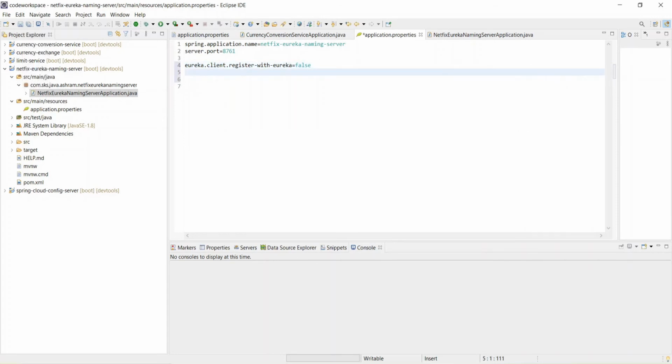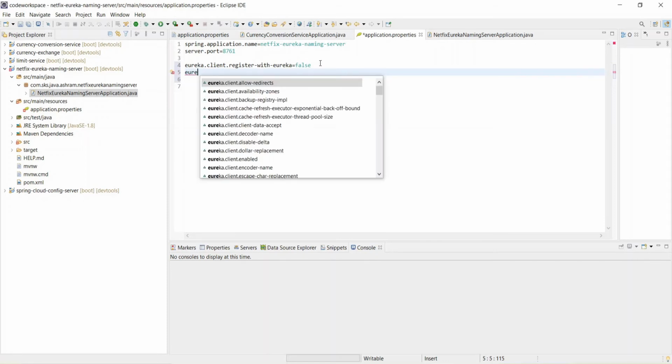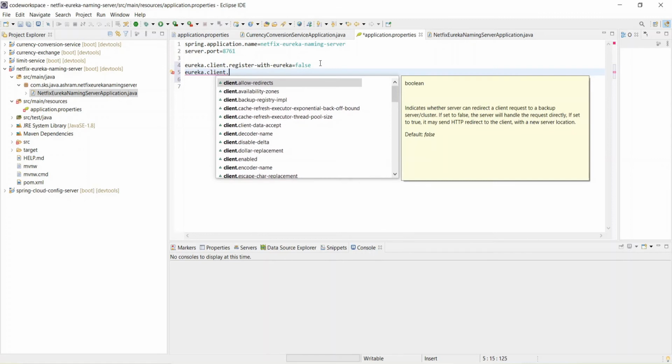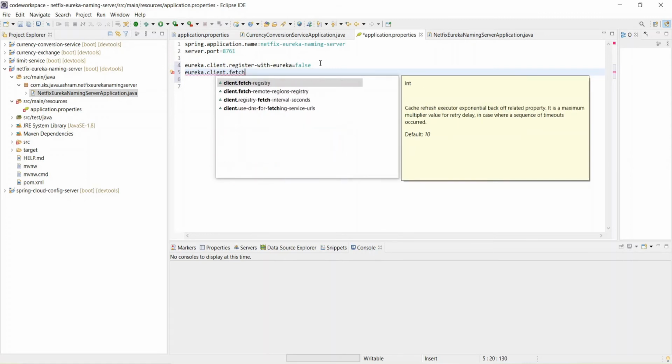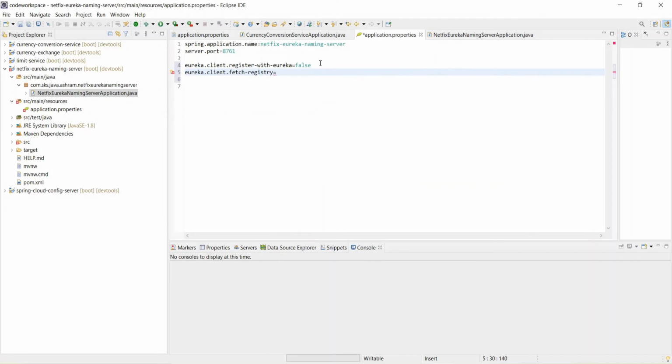And what other property? eureka.client.fetch-registry. We don't want to fetch the information, as the Eureka naming server itself is not required to. So eureka.client.fetch-registry is equal to false.